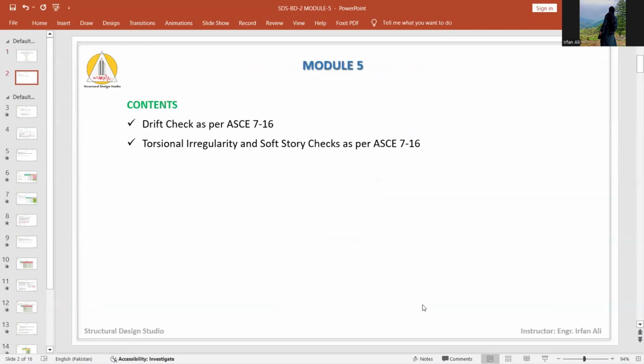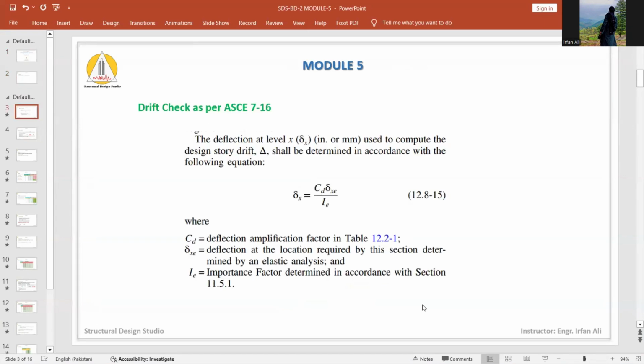In this module, we will be checking the drift as per ASCE 7-16, torsion irregularity and soft story checks as per the ASCE code. Drift is actually